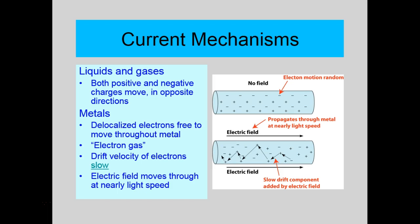If you've ever been into a fluorescent light, you know there's a big box somewhere up there, pretty heavy. It's a huge capacitor built up a large potential difference, and that's what ionizes the gas and makes it a plasma, and the positive ions fly one way and the negative another. But of course, this is alternating current, so they're really doing this. I mean, they're changing direction faster than you can imagine, so they probably don't leave where they are very far at all. They just go back and forth, back and forth,